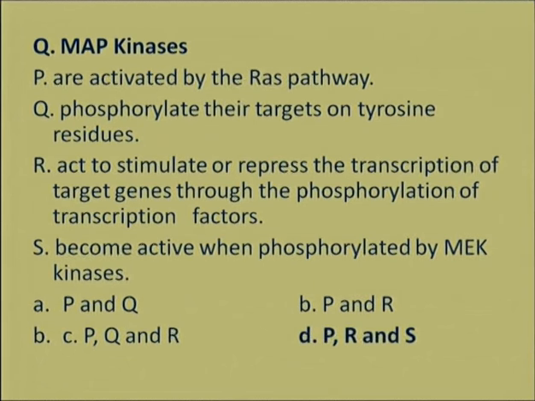Act to stimulate or repress the transcription of target genes through the phosphorylation of transcription factors. It appears to be correct. And then become active when phosphorylated by MEK kinase. So options P, R and S are correct, and this particular one, Q, phospholipase targets on tyrosine residue, is